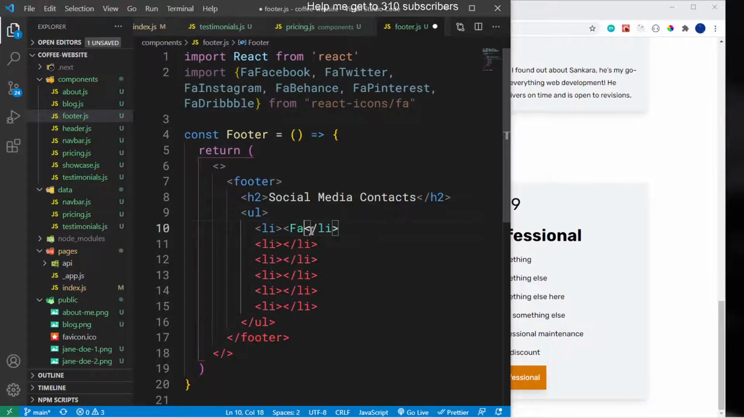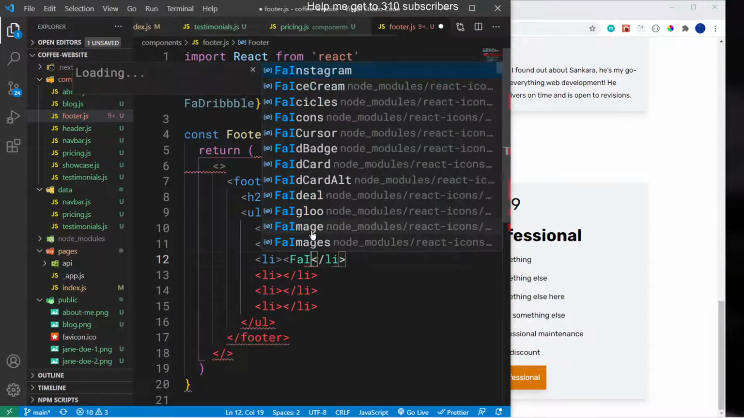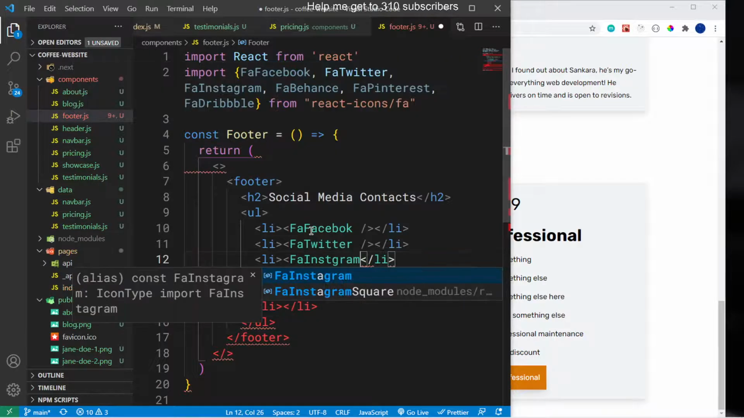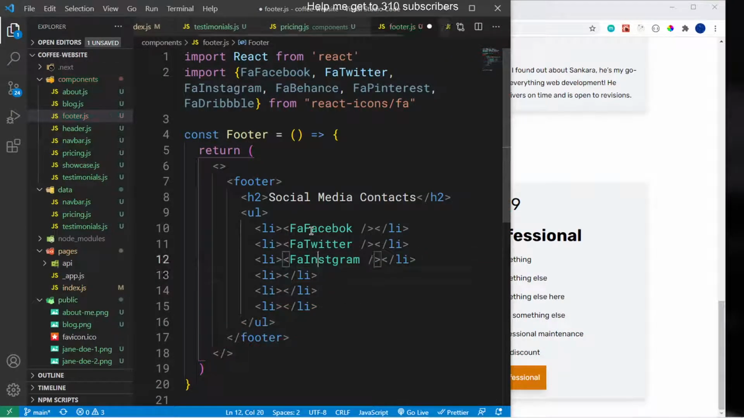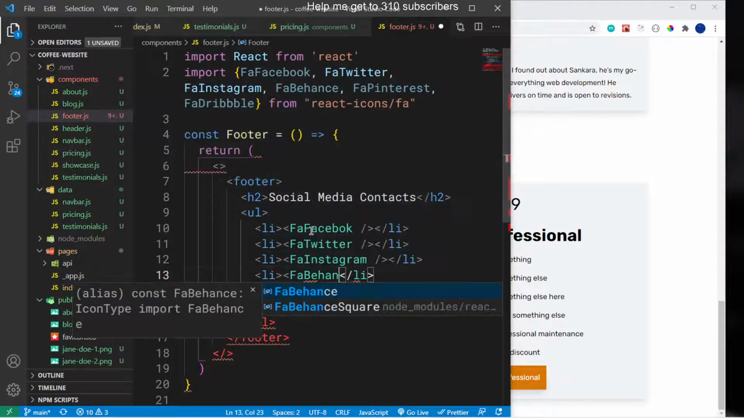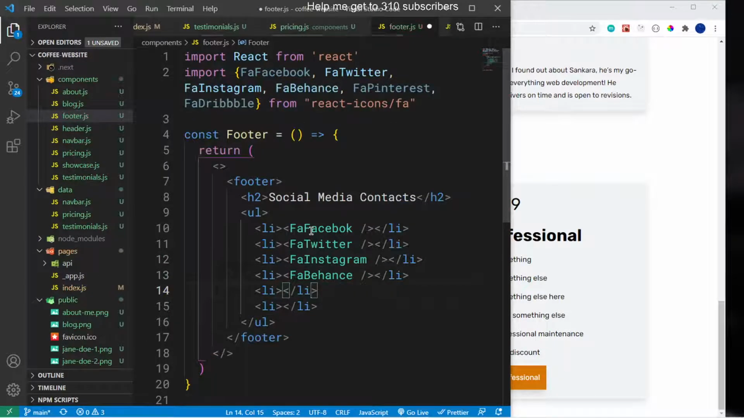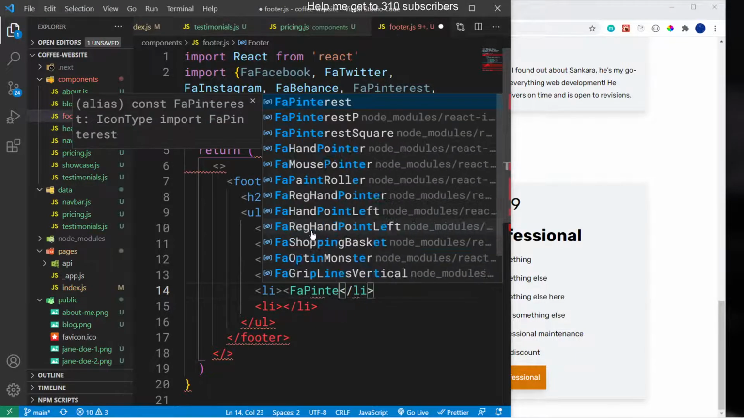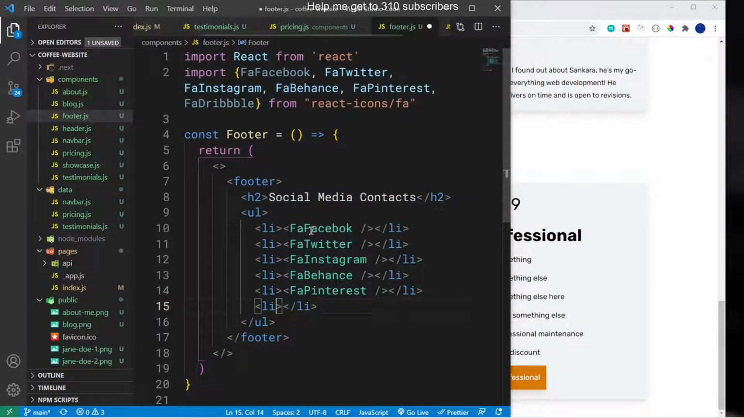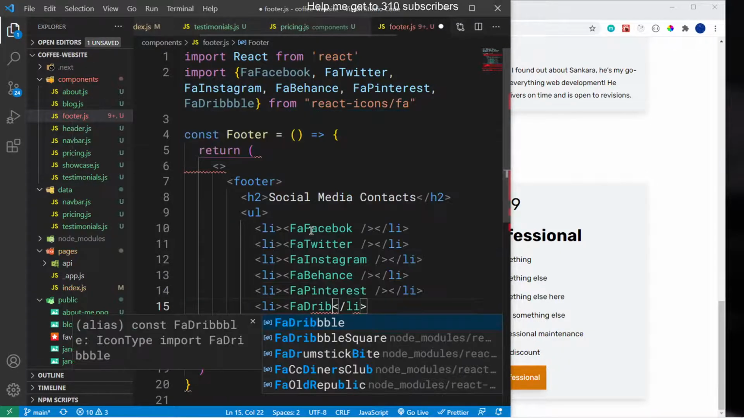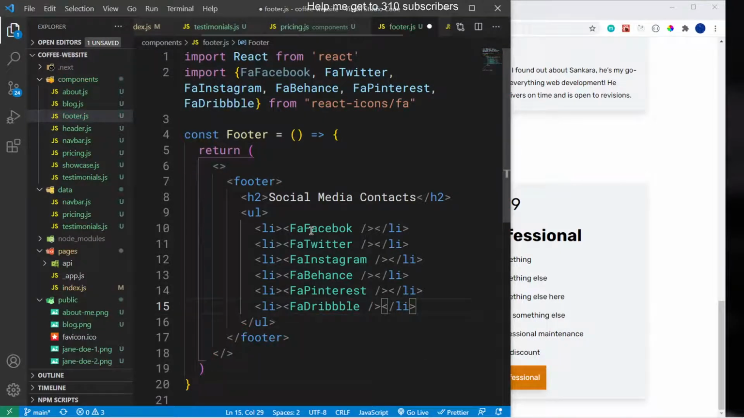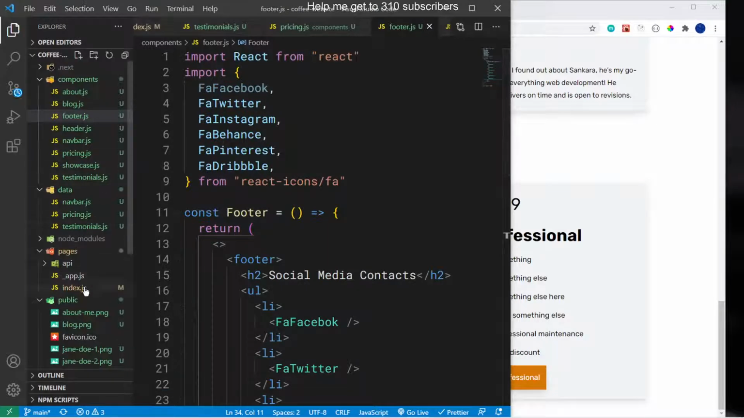And then I just want to do FA Facebook first of all, like so. And then this next one is FA Twitter, and then this next one is FA Instagram. Okay, Instagram. And then the next one is FA Behance, and then FA Pinterest, and then finally we have FA Dribble, like so. So let's save that, and then let's go inside our index.js and let's render out the